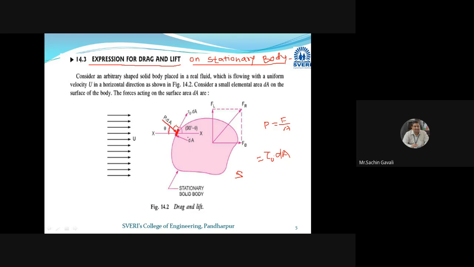Now it is very easy for us to resolve these particular forces. So in the next slide we are going to resolve them. I request everybody to draw this particular sketch so that we can resolve the components in the next slide. If you understand, please give a message yes and draw this particular diagram.